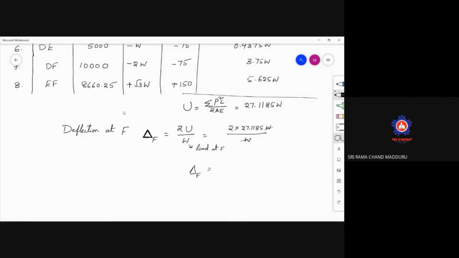Then deflection at F is nothing but 54.237